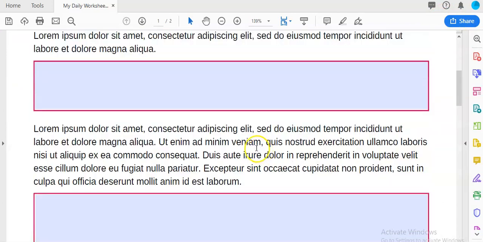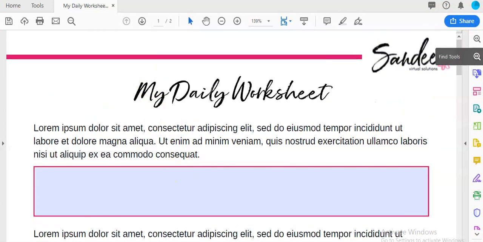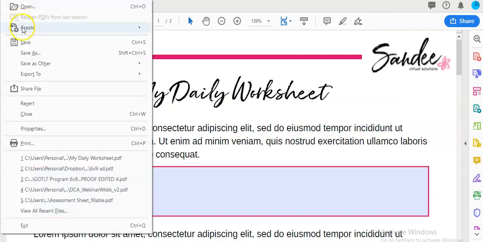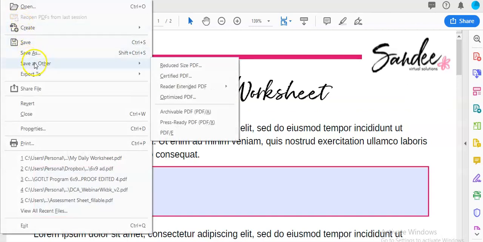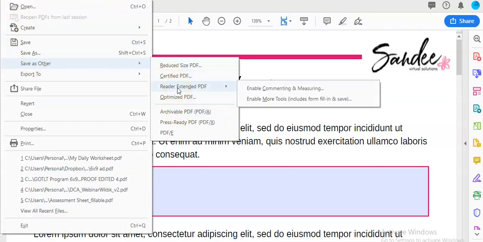So once you're done adding your text boxes, you need to make sure that you save this in the proper PDF file format. So it's going to be an extended PDF. It's called extended PDF. So you just go to File, Save as Other, and then choose Reader Extended PDF and choose Enable Commenting and Measuring. This means that when they